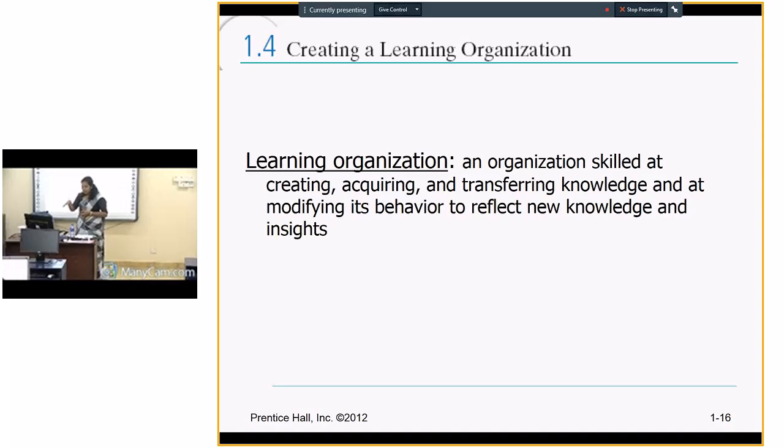The learning organization is an environment where the organizational employees have the opportunity. They can go with the new knowledge. They can come up with their new insights, their views. So here, a learning organization is skilled at creating, acquiring, and transferring knowledge, and at modifying its behavior to reflect new